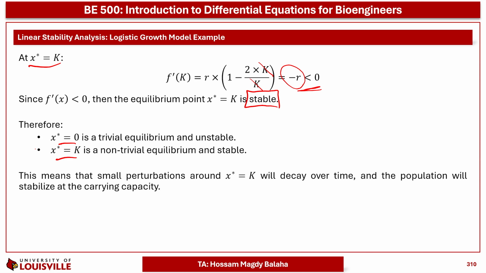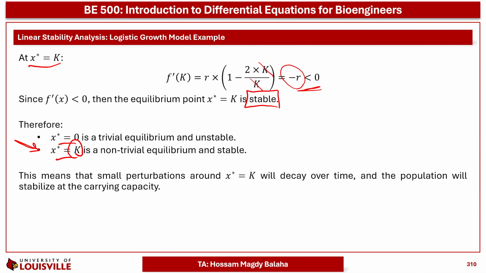This means that any perturbations around x equals 0 will decay over time, and the population will stabilize at the carrying capacity, which is k. But if you substitute it with 0, this means at this point or around this point, it will not decay